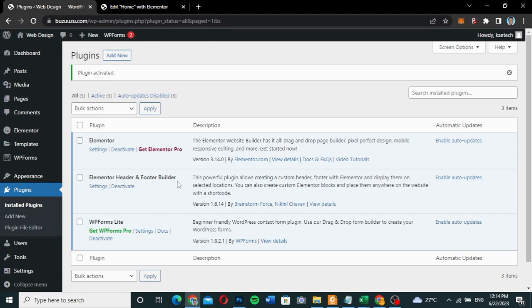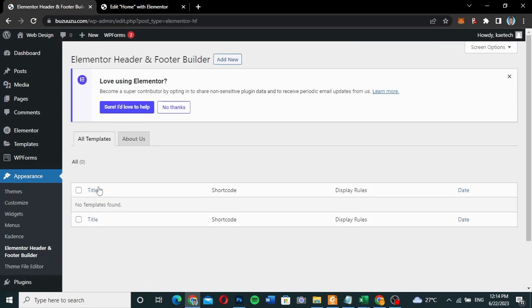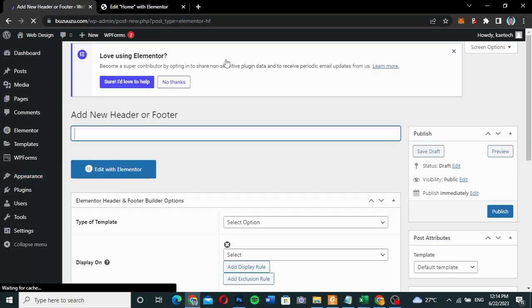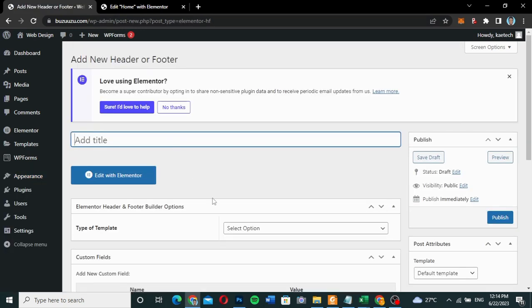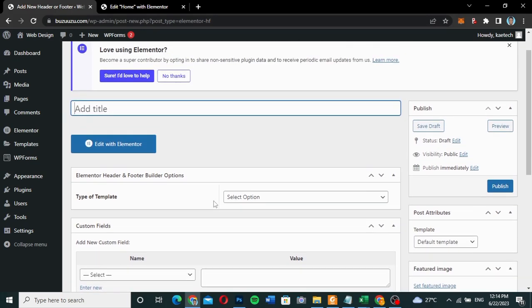Now that it is activated, the next thing I have to do is click on the settings of it. So I'm going to click on settings, or you can go to appearance, and then you see Elementor Header and Footer over here. Now as you can see, this is what we have over here. What we're going to do is click on add new over here, and then we're going to create a custom blog template. So let's call this one